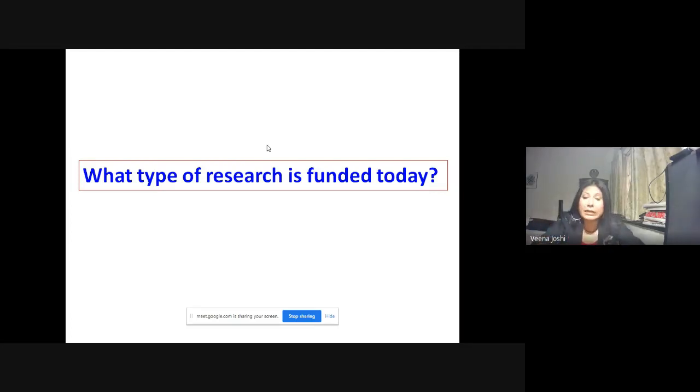Therefore, research which talks about global warming, climate change, or is truly problem oriented, those are the research which are actually funded nowadays, because the outcome can actually be used for planning. The big institutions, like the European Commission, have stopped funding large grants. Now they will truly see to it that the outcome is going to be used. So choose your topic carefully.